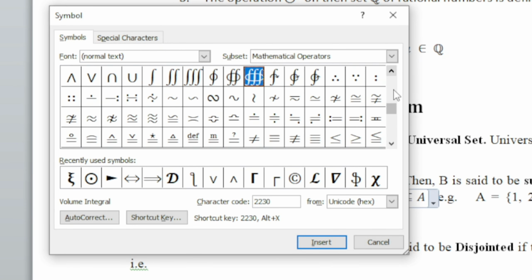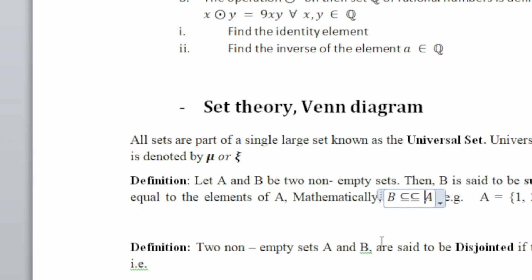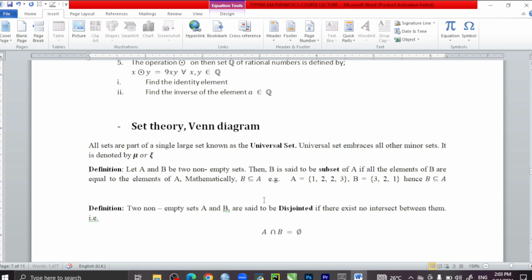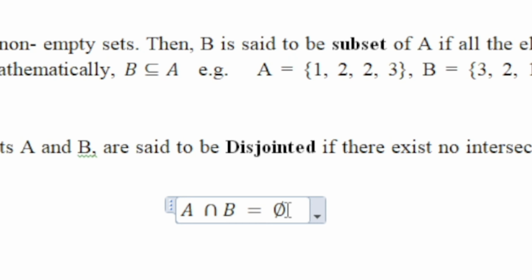So this is it. Then you just press your insert and you'll be able to have the sign just the way you want it. Okay. Then, to do your set, just do your bracket and put your spaces inside. That's just it for that set. Now for this particular thing, for empty set, you can decide to use